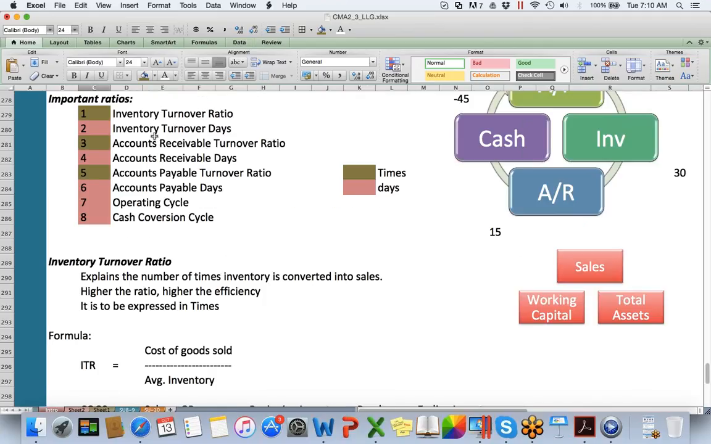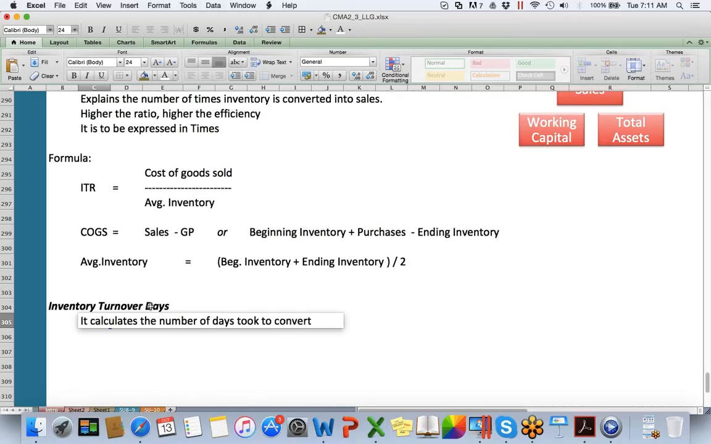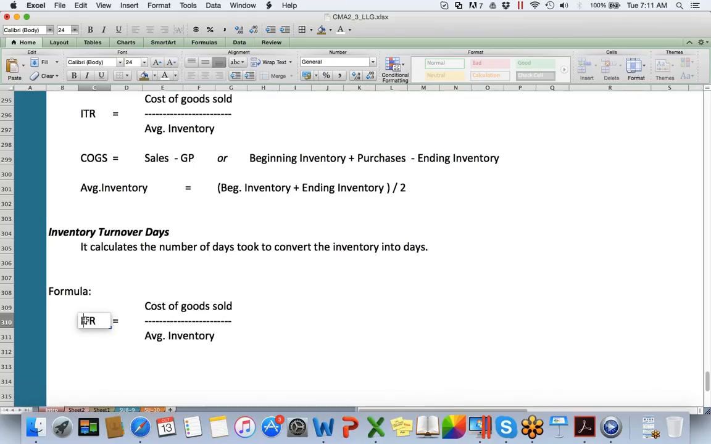Now inventory days, how many days you took to convert this inventory into sales? Inventory turnover days is simple, it calculates the number of days taken to convert the inventory into sales. Formula is so simple, inventory days equals